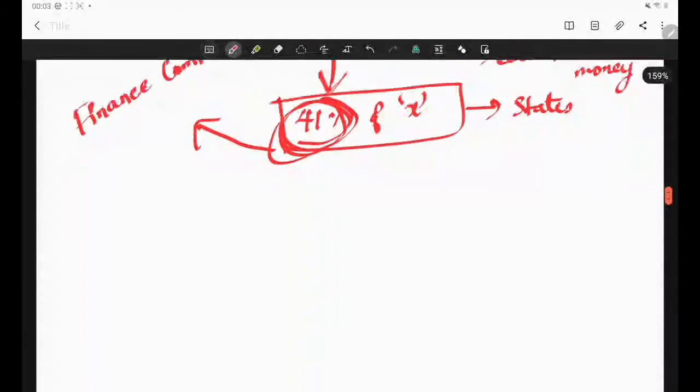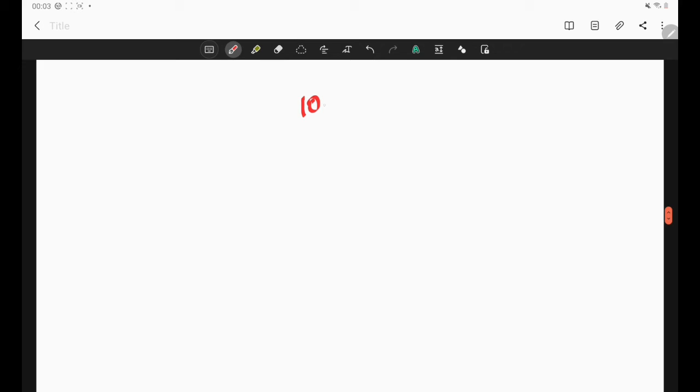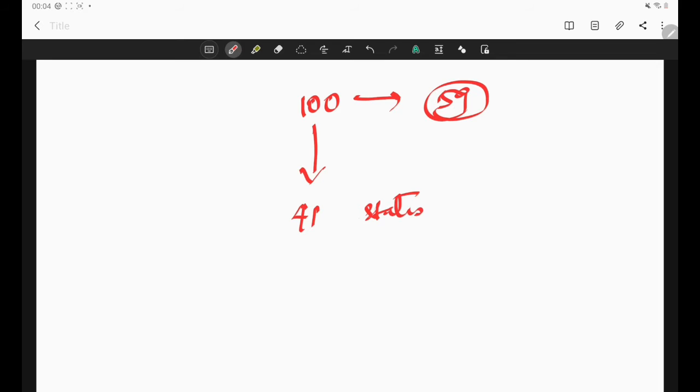So how it happens is, let's say central government is collecting 100 rupees. Out of it, only 59 rupees central government can spend for itself, or whatever it wants to implement, it can implement only with this 59 rupees. Even though central government is collecting this 100 rupees, out of it 41 rupees is going to states. Which states? It will go to all the states, but unequally.